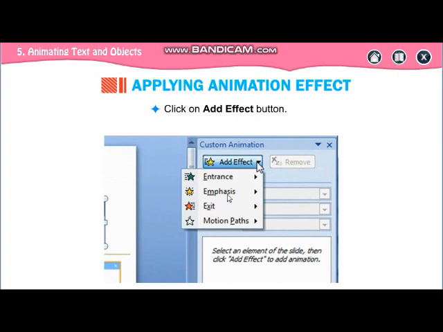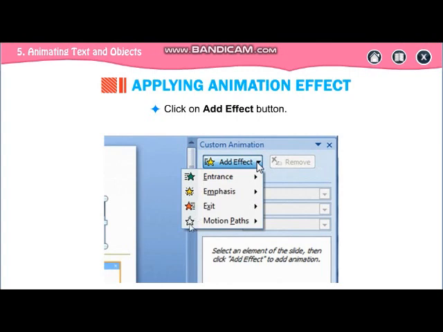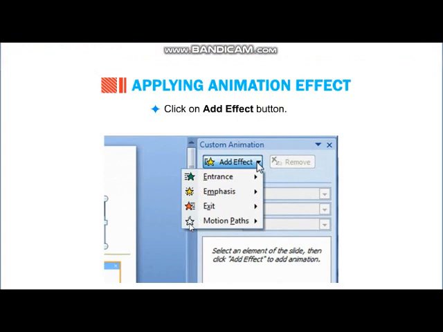Then emphasis, the yellow color star, is for when you want to highlight something. Then the red color star is your exit. And the white color star is for your motion path. You can move your object according to your choice. So we have to remember 3 traffic light colors: green, yellow, red.